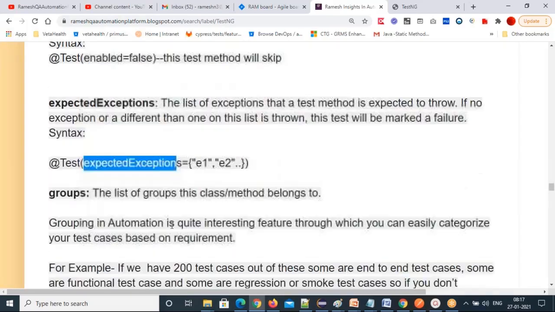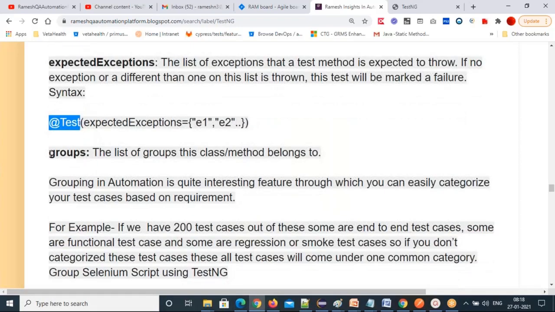What exceptions are you expecting? @Test(expectedExceptions = ...) you specify. So NoSuchElementException or StaleElementReferenceException or ElementNotInteractableException or NoSuchSessionException, whatever it is, you can specify the exception classes, WebDriverException or TimeoutException. All the exceptions you can specify by separating with a comma. So to specify a particular exception this method is going to throw, you can do it with expectedExceptions.